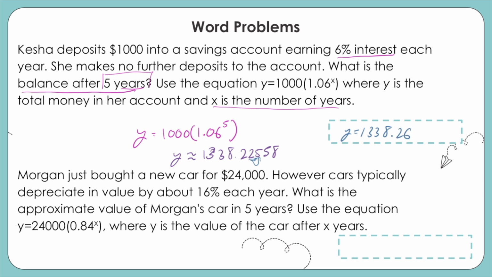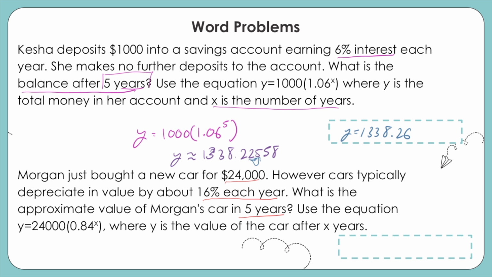So it says Morgan just bought a new car for $24,000. However, the car typically depreciates in value. That means it's going to become less valuable over time because it's less new. It's going to lose value about 16% each year. What is the approximate value of Morgan's car in 5 years? Use the equation y equals 24,000 times 0.84 raised to the x power, where y is the value of the